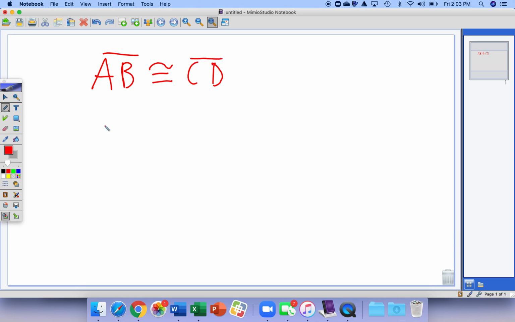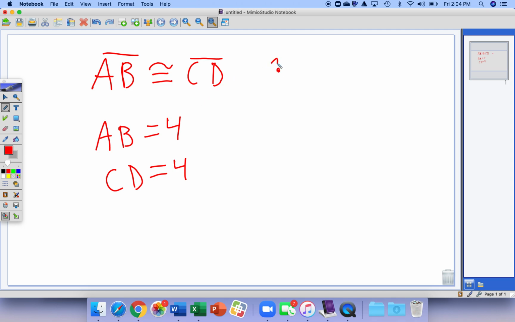Okay. But if we're talking about a measurement, we could say that AB is equal to 4. Okay. We can say that CD is also equal to 4 because these two lines are congruent. So because this statement is made, and I said, oh, AB is equal to 4,